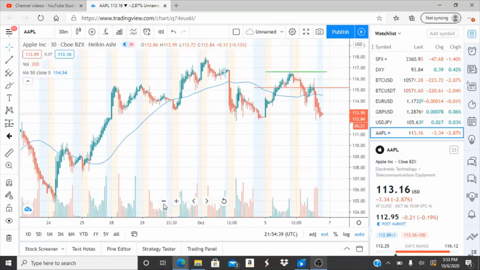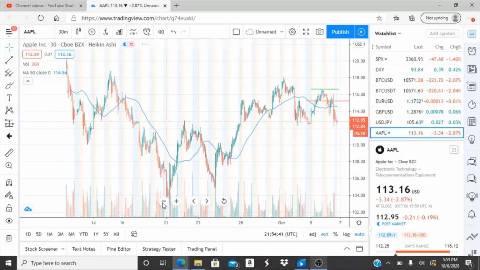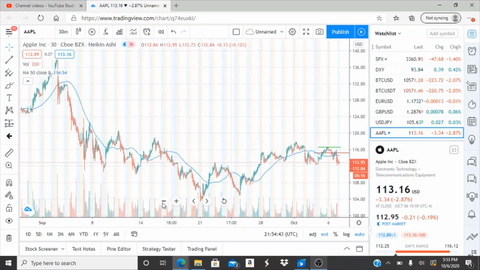So Apple Inc. is honestly in an upward trend if we look at it, but there's been a lot of volatility and it's not breaking through newer highs. It has risen from 103, and at this dip it fell again to 104, almost 105, and it had started to rise to newer highs, reached 118, and it's dipped from there. It's been struggling to stay above the 50-day moving average, and the bears have reappeared and we're down to 112.95.